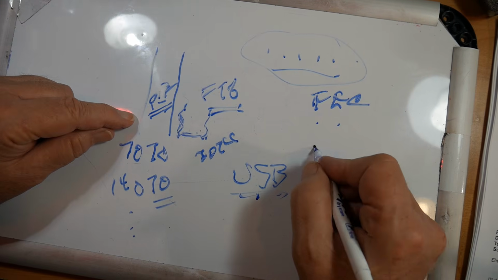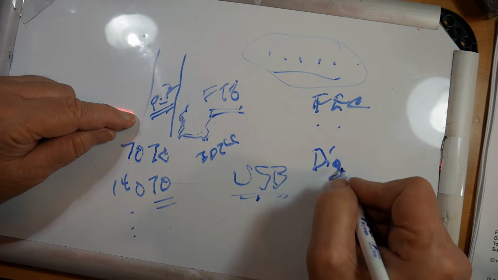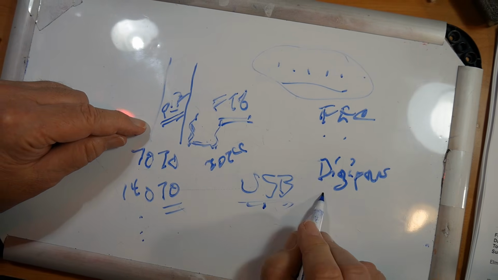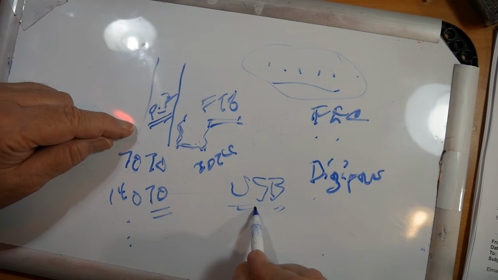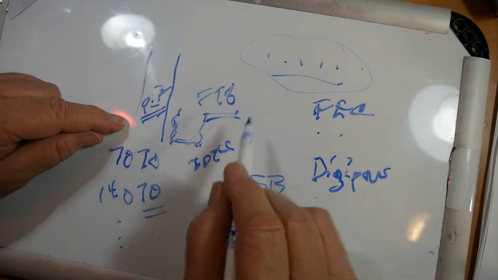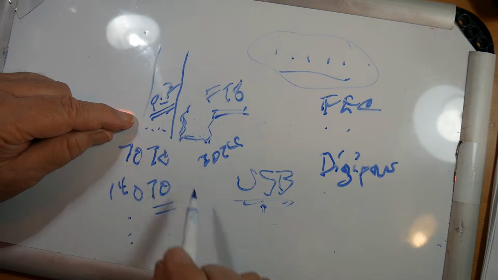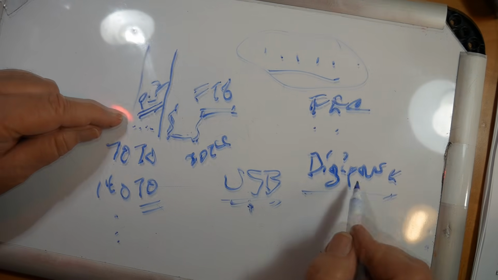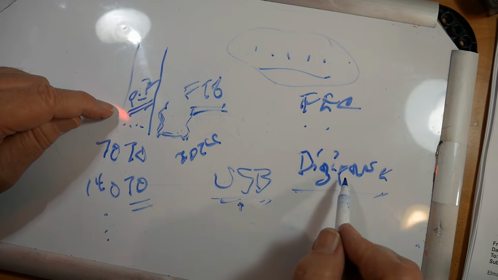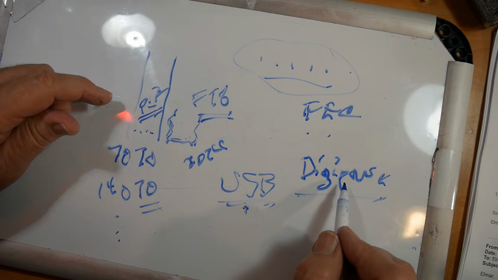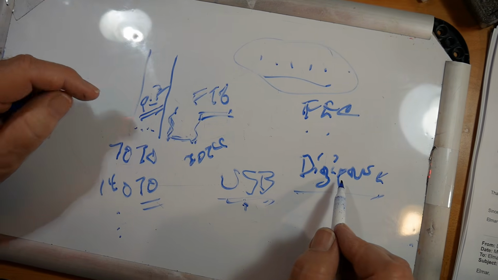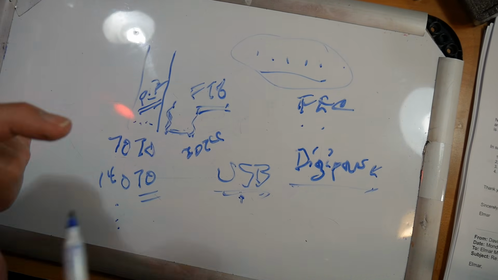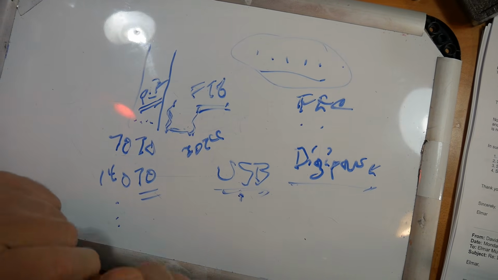But then a piece of software called Digipan, which is no longer maintained, didn't need to know what frequency that was. It decoded all of the signals in here at once. This is no longer kept current, and in order to use it, you've got to have RS-232 coming out of your computer, and computers don't come with RS-232 anymore. You can still get it. In fact, Microsoft